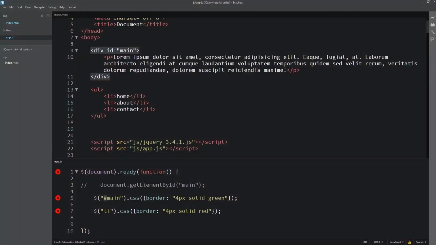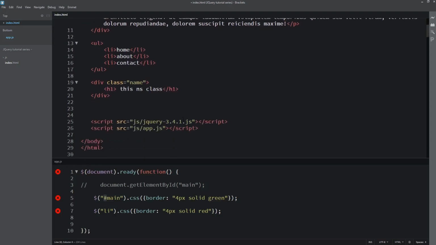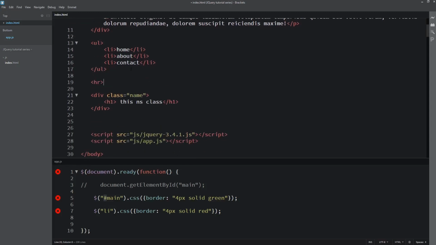So the same thing goes for the class selectors, just like the way we did this one. I'll just come here. Might just say div.name, then h1, this is the name class. You get. Let me push out this step with this one here. I'll come here and copy this one. Then instead of this hash, meaning the selector for CSS, I'll do the class of CSS. The same thing for the selector here, I'll say dot name.